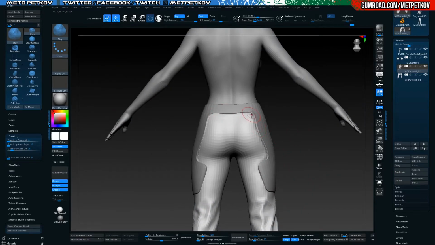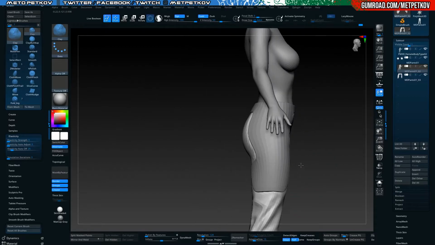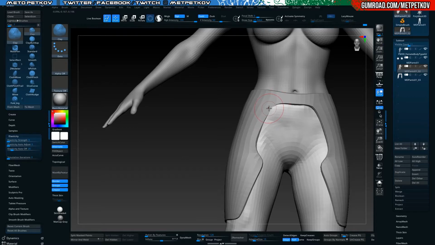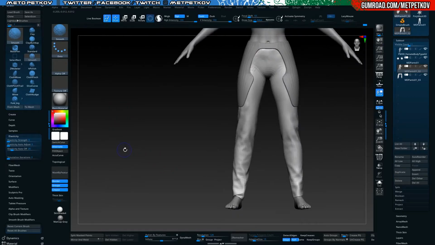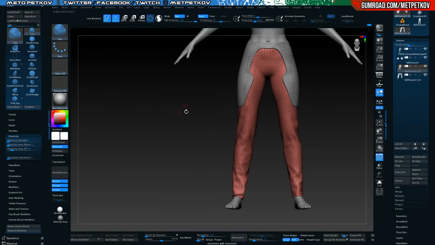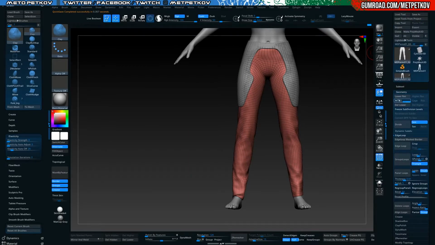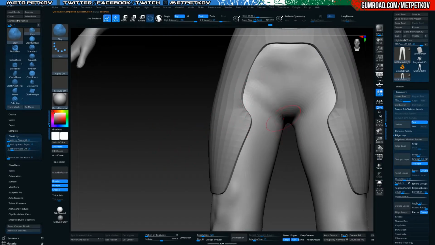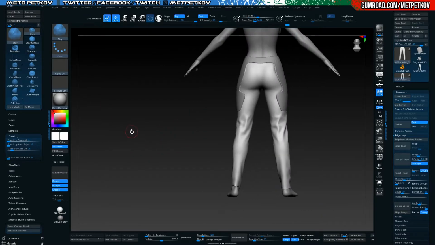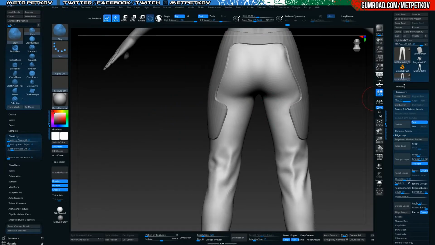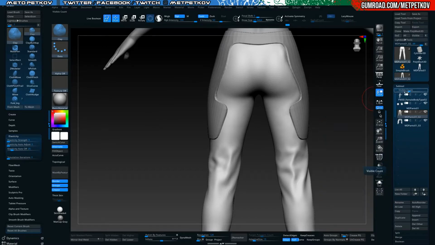Now this, mind you, is a very small resolution, right? So probably around here will be a good way for us to Control D to subdivide it once, and start creating better looking shapes. Now for this part here, the straps, how we are going to do them is we are going to